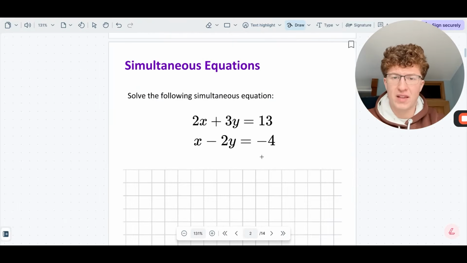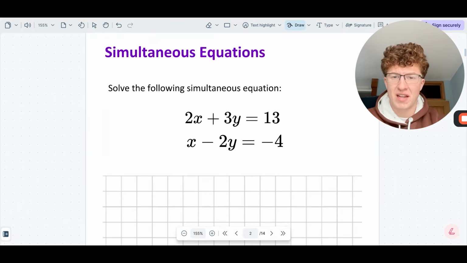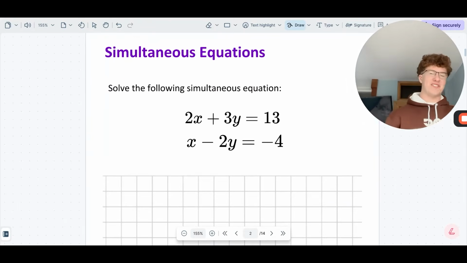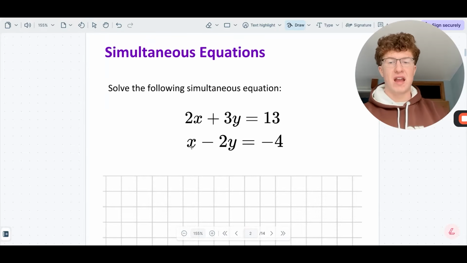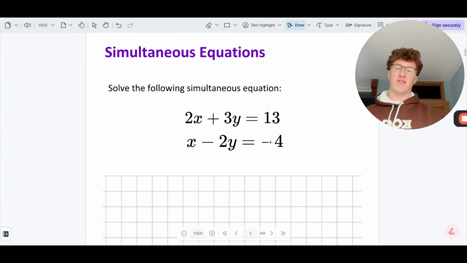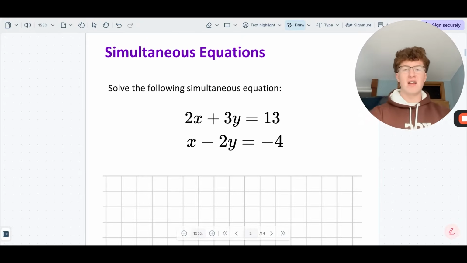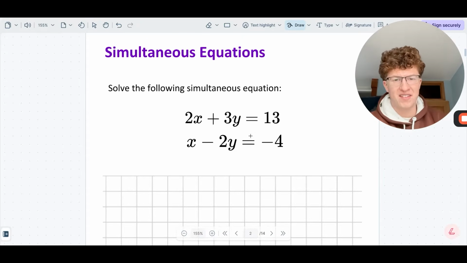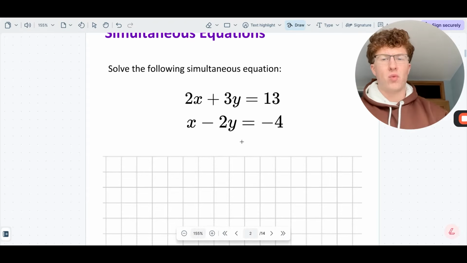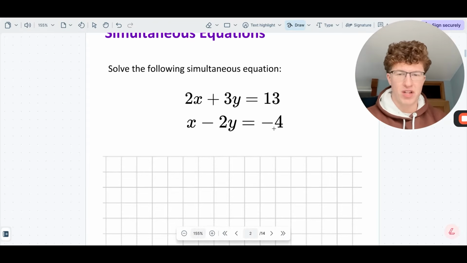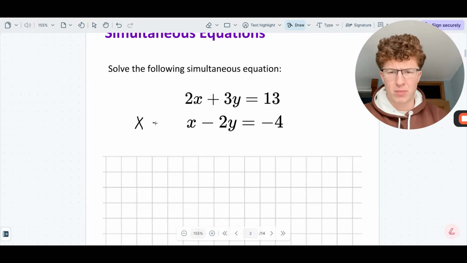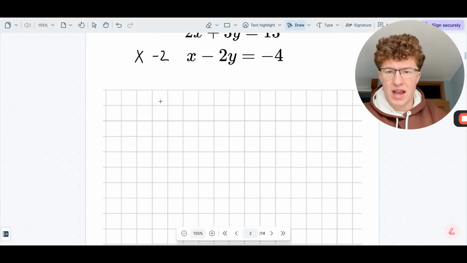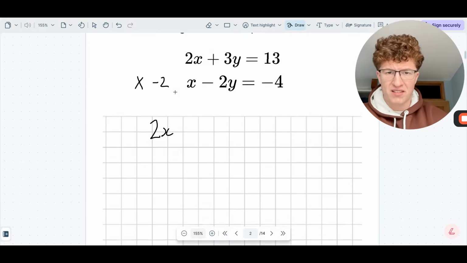Moving on, next question here is simultaneous equations. Solve the following system. 2x plus 3y is 13, and x minus 2y is equal to negative 4. To solve these, we need to either get rid of the x's or get rid of the y's. Well, if I multiply this bottom equation by minus 2, I know I can cancel with the plus 2x on the top. So that's what I'm going to do. I'm going to multiply this bottom one by minus 2. When I do that, the top one will remain as 2x plus 3y